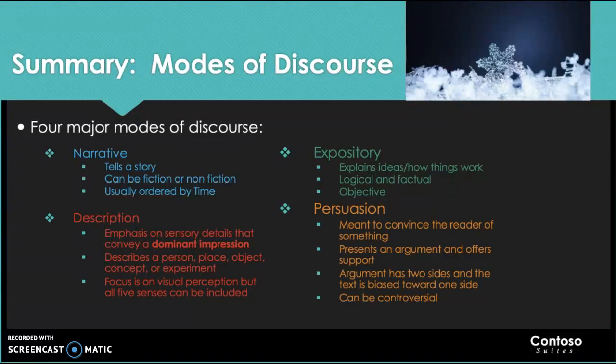Persuasion, the subjective, biased one, is right next to expository, which is logical, factual, objective, right? And then we have description, which is a dominant impression that focuses on the five senses, and narration, which tells a story and is usually ordered by time. So there you have the four major modes of discourse that you will be able to use this slide to